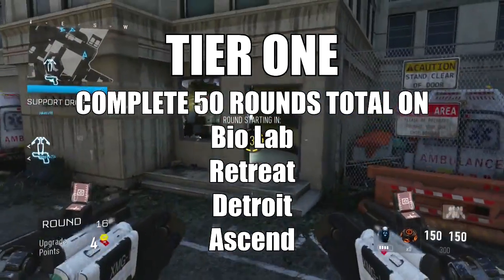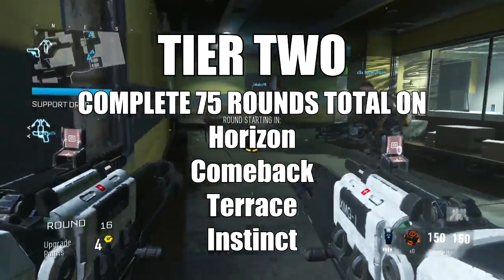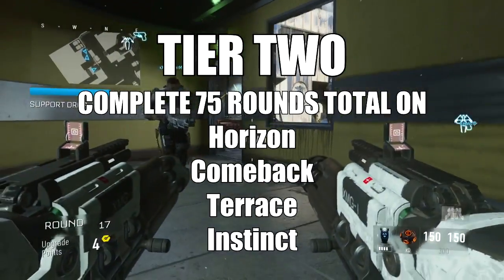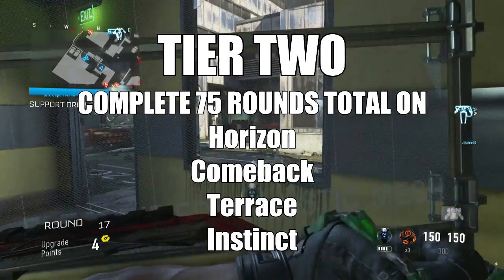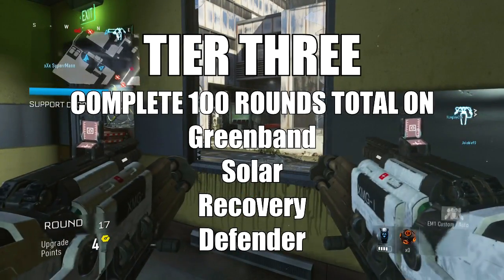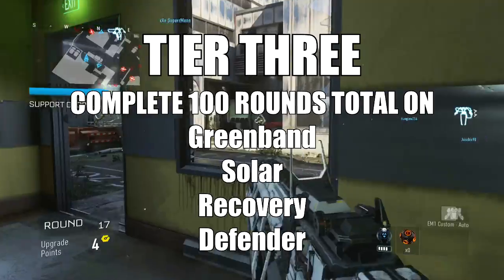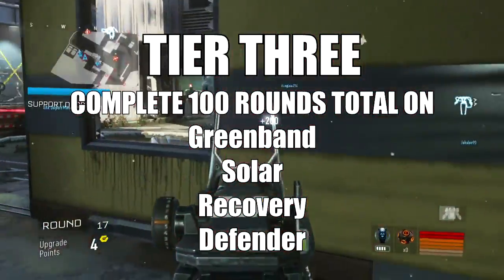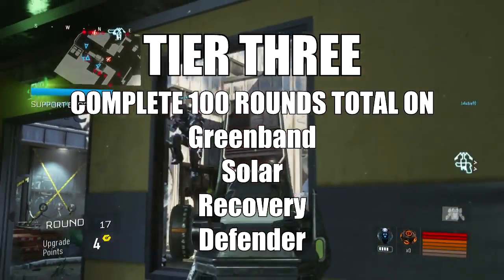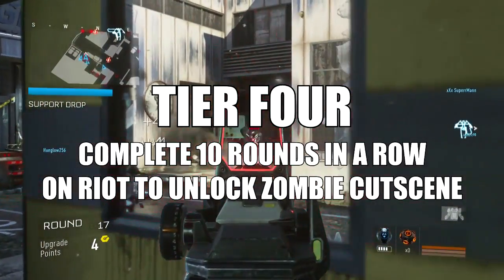After that, you go to tier 2, and then you have to go through those maps, which are Horizon, Comeback, Terrace, and Instinct, and you have to complete 75 rounds on those maps in total to unlock tier 3. At which point you will have tier 3 unlocked. You will unlock the maps Greenband, Solar, Recovery, and Defender, and you're going to need to do 100 total rounds on those maps to unlock tier 4, which is going to be the map Riot,